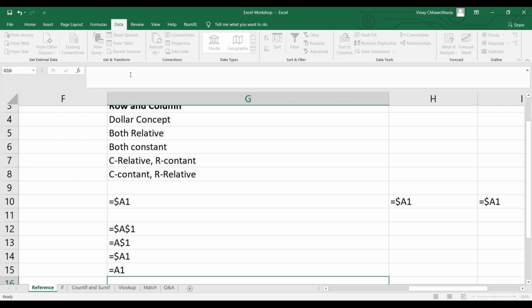Now without wasting time, let's go to the IF function. You can park all your questions. Please note it. We will try to resolve all the basic questions at the end in the Q&A session. So for now, let's move to the IF function.